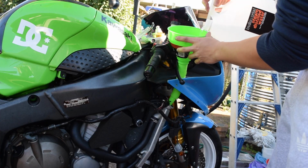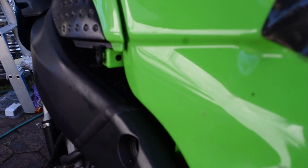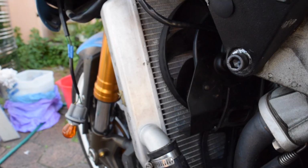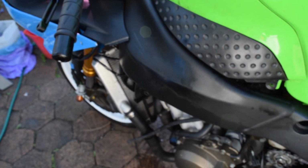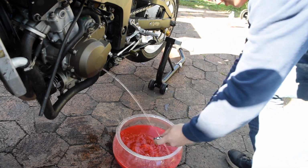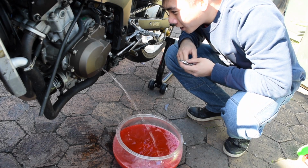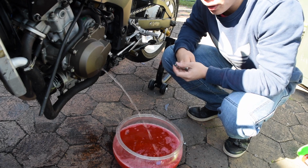Distilled water. 94 degrees, about to turn on. There we go. Alright, now I'm just going to let it rest for about 15 to 20 minutes so the coolant cools down so I don't burn my hands. It's much clearer, slight tinge. Yeah, I'll probably do one more just to be completely safe, because water wetter isn't friendly with